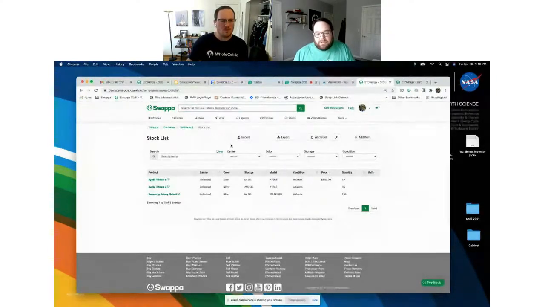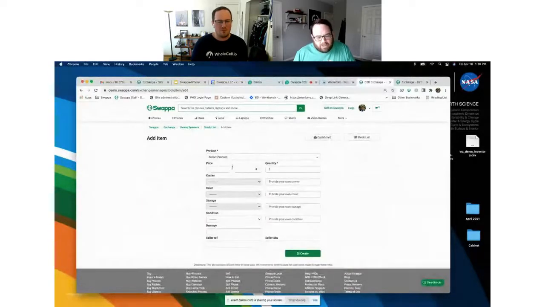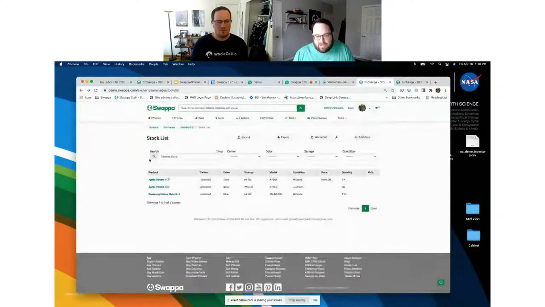So I can either import with a sheet. We've got a spreadsheet you can download. I can use WholeCell, or I can add an item. Adding an item works just fine, and the team's done a good job building this, but it's not terribly efficient. So more than likely you're going to want to use a spreadsheet, but it's really a lot easier to use